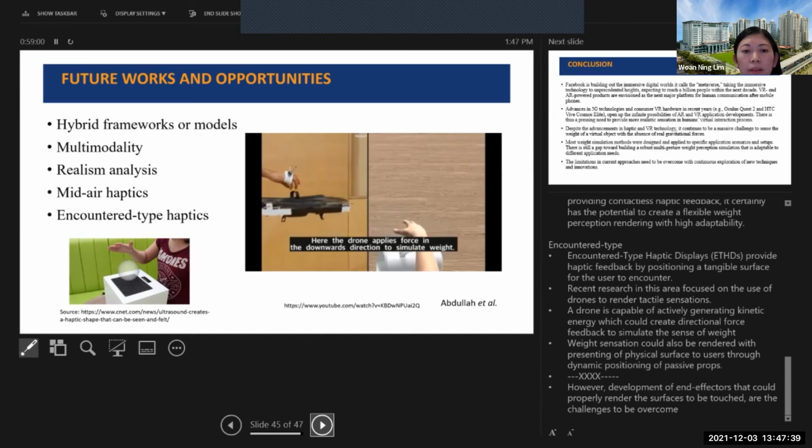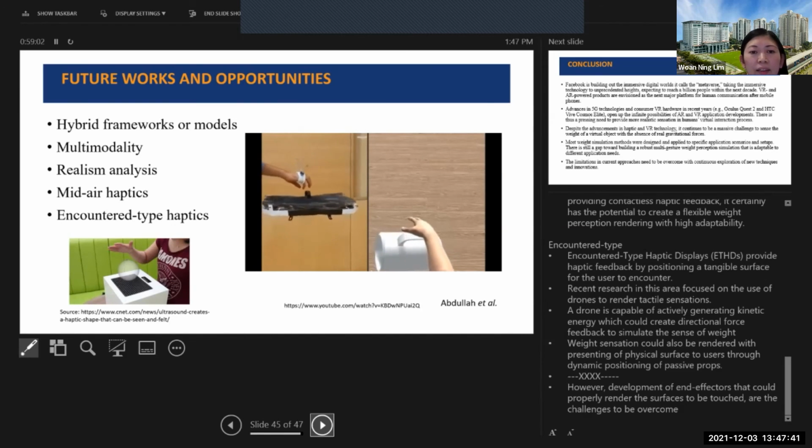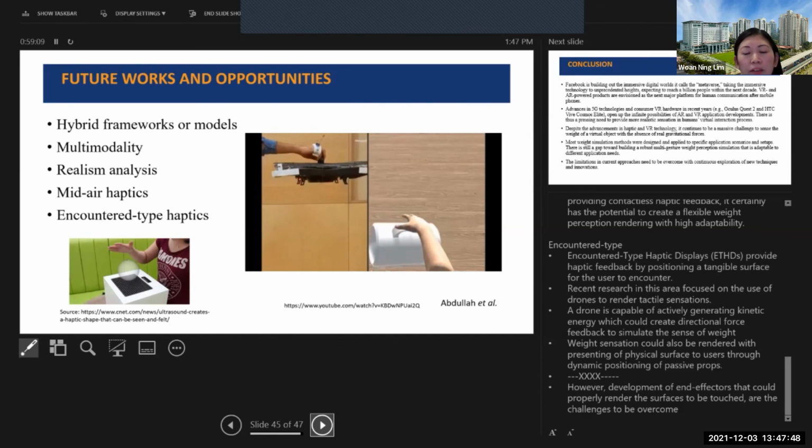So the drone actually moves to the area where the hand is and gives a handle that the user can hold. Depending on the weight that you want to generate, it's influenced by the kinetic energy from the drone itself.